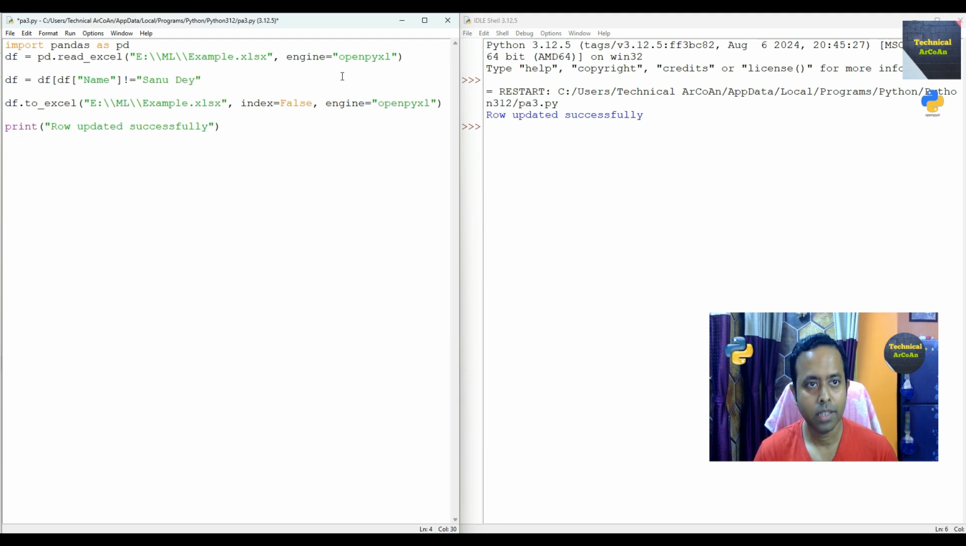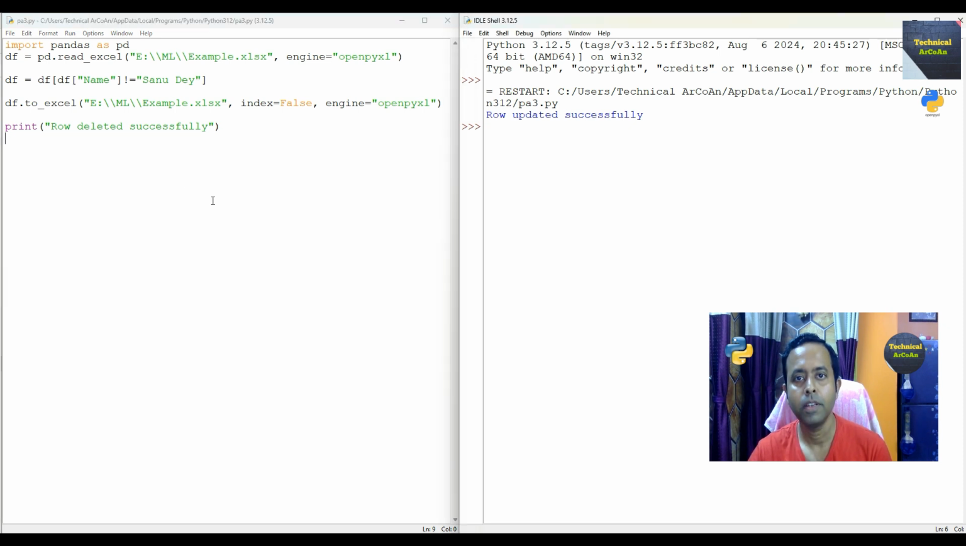Okay, then double quote, then close this square bracket, and in the same way again we save the changes within the Excel file, using the to_excel method, same path and same way, index equal to false. Why? We don't need to write the row index within the Excel file. Okay, now we just change the print from row updated successfully. So in there we just write row deleted successfully. Okay, and then we save it the same way within the file pa3.py, just press F5,